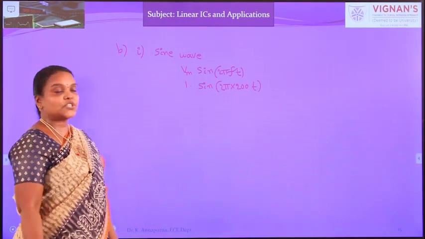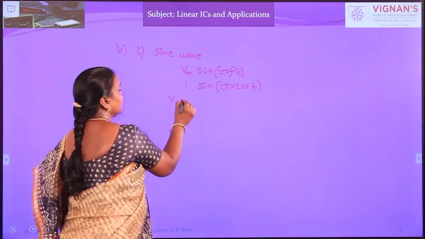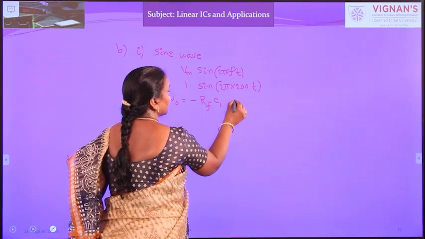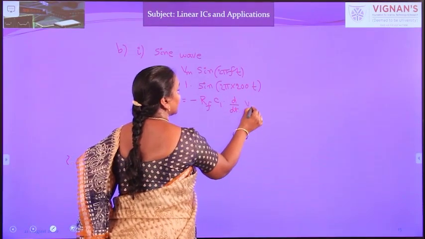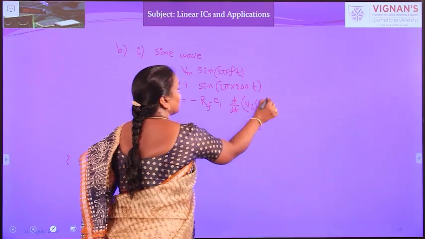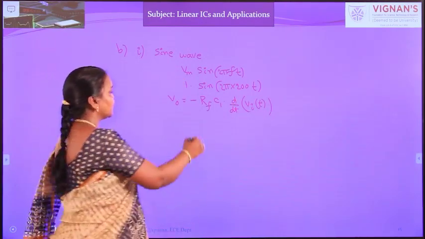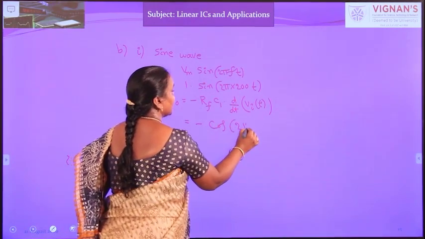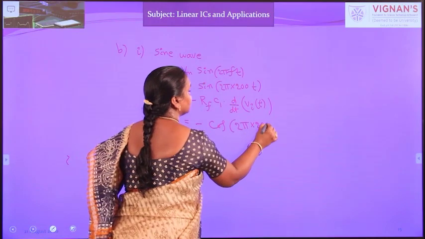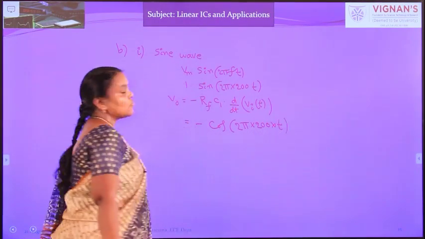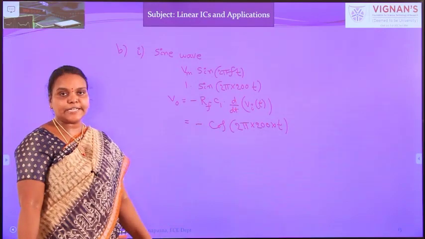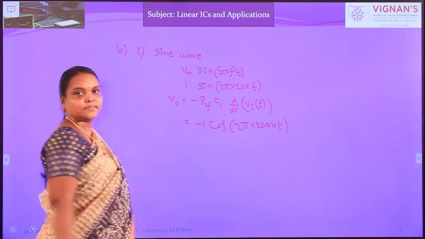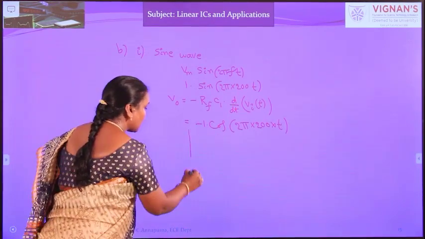Now, what is the output expression? So, V naught is equal to minus Rf C1 into d by dt of Vi of t. Okay, if you substitute these values, you will get minus cos 2 pi into 200 into t. So, what is the meaning of it? It is having 180 degrees phase shift cos, and it is also having a magnitude of 1. So, now if you draw the input-output waveforms,